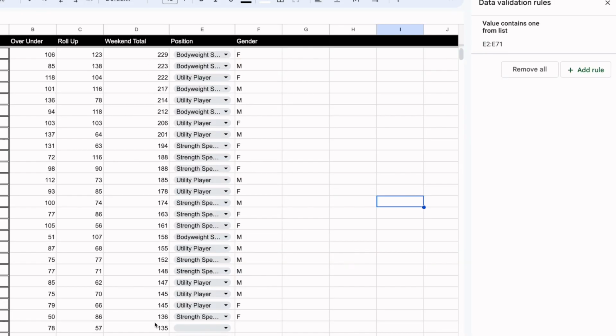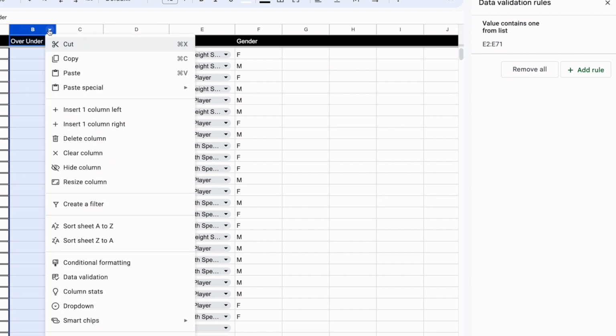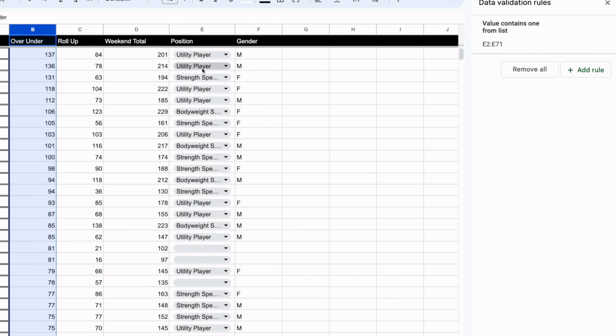So these are all impact scores across the entire Southern Conference for the first week. And I'm not going to show you names at this point, but I am going to show you position. I'm going to show you gender. And so let's look at over-under. And you are going to see some of these patterns a little bit that I mentioned. So utility player, strength specialist, utility player, your bodyweight specialist, okay? So there's your top 5. 4 are utility players. You got 1 strength specialist and 1 bodyweight specialist as your top performers in over-under, okay?